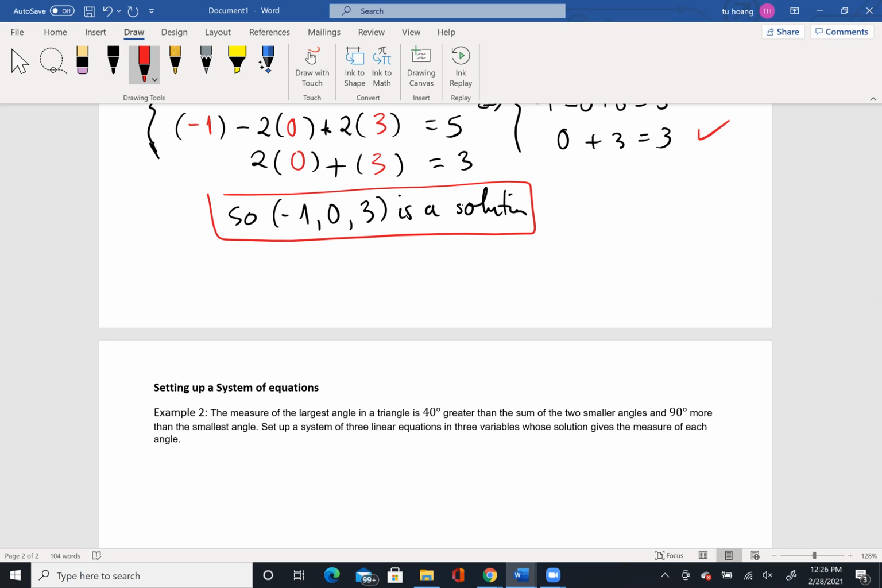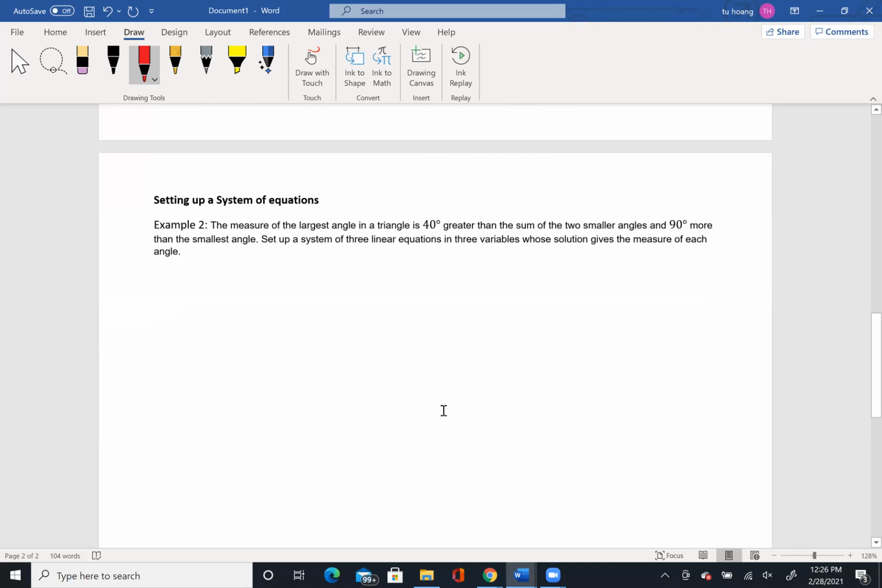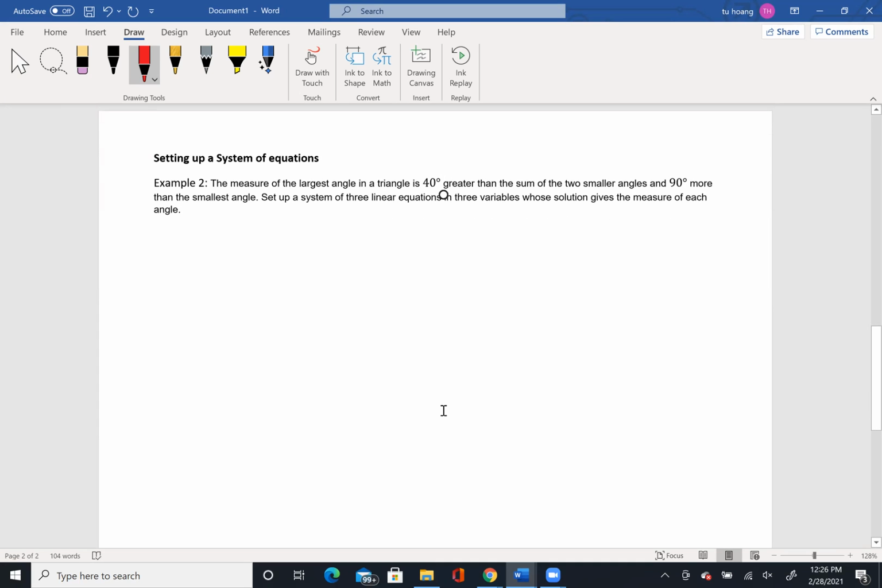I have the measure of the largest angle in a triangle is 40 degrees greater than the sum of the two smaller angles and 90 degrees more than the smallest angle. We're going to set up the system of three linear equations in three variables whose solution gives the measure of each angle. So what I should do for this case is I'm going to let the solution here